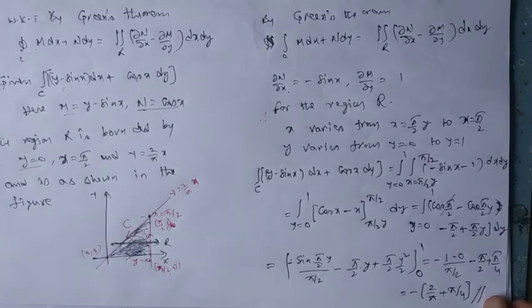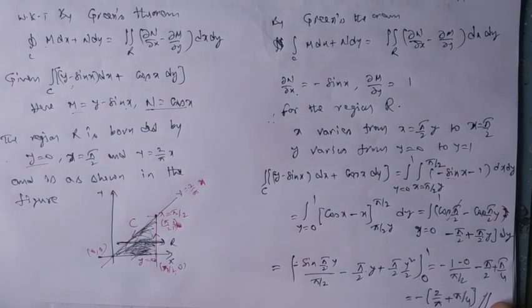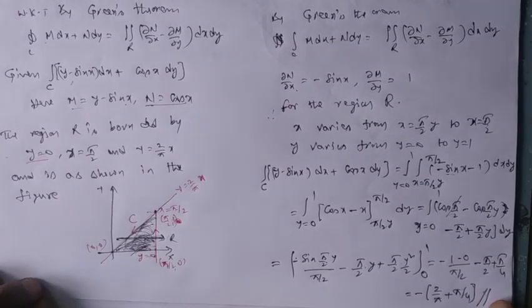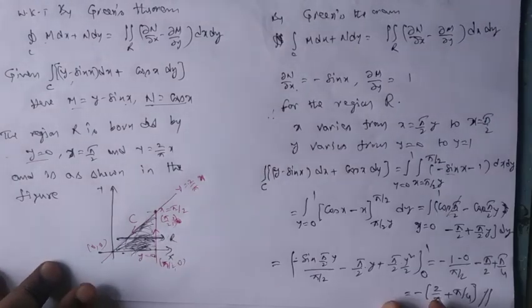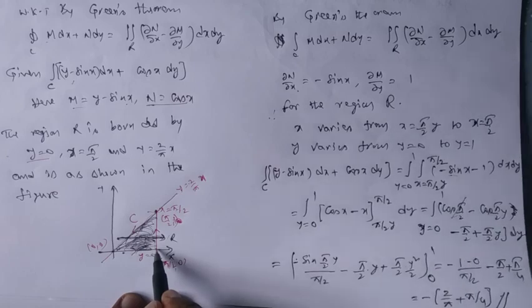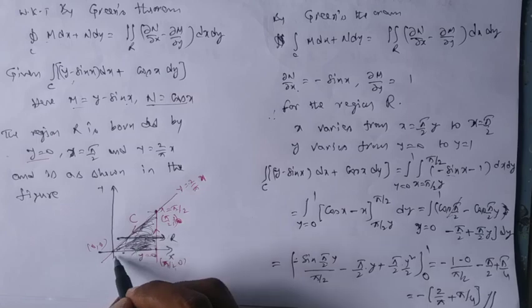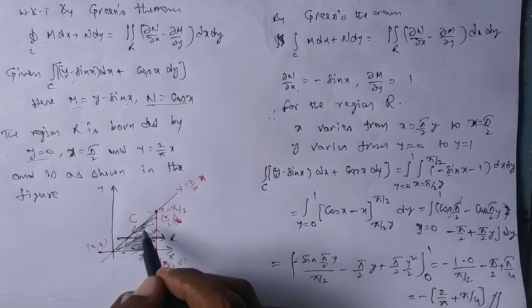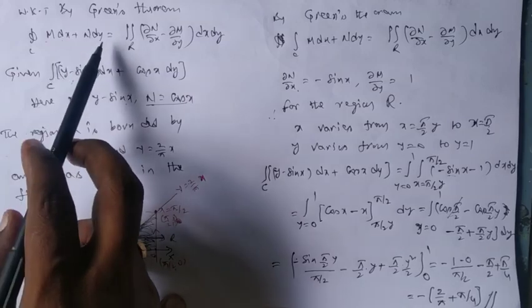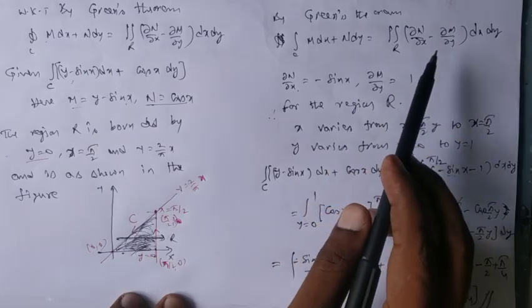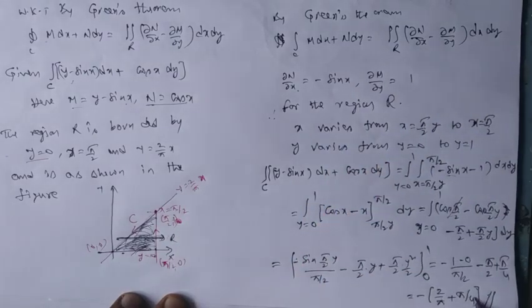So in this way we can evaluate the line integral by converting it to a surface integration. The advantage is that if you want to evaluate the same integration as a line integral, we have to evaluate the integration along the three lines: one along the x-axis, one along x equal to pi by 2, and then along y equal to 2x by pi. So three types of integrations we have to evaluate, and only then can we give the integral over C of M dx plus N dy. Whereas by applying Green's theorem, we are just converting this integral into a double integration. In double integration, the region is uniform, so you can calculate by direct integration and get the answer minus 2 by pi plus pi by 4. Okay, thank you.